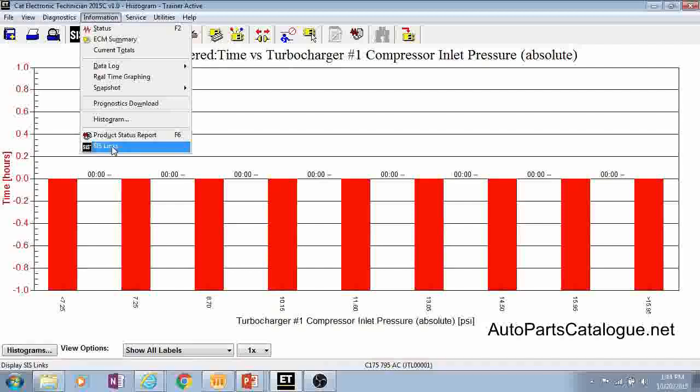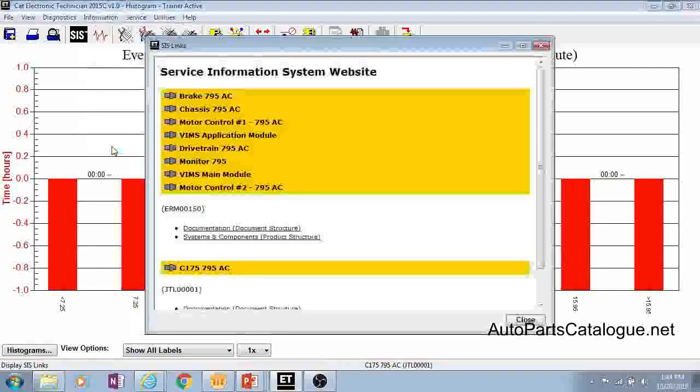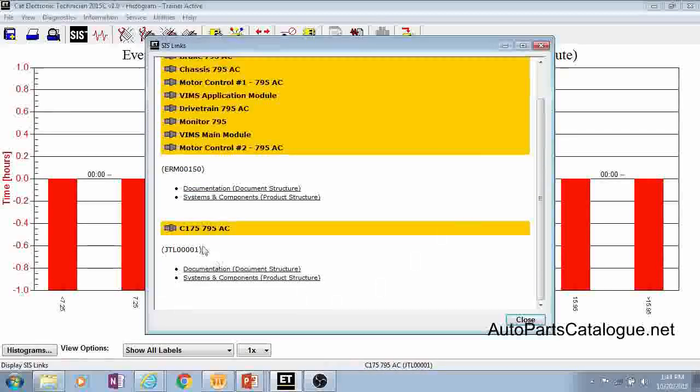And last we have what's called syslinks. What syslinks does is basically take whatever's programmed into those ECMs for a product ID. In most cases it's the machine serial number, except in the case of the engine ECM it's the engine serial number, and it will give you a quick way to link into SYS to either your documentation or your systems and components view. So if we click on the documentation,